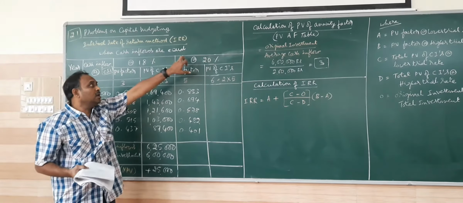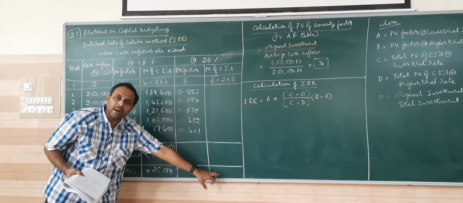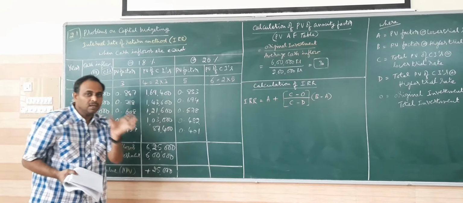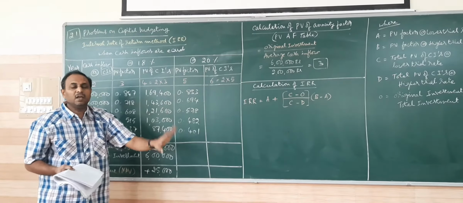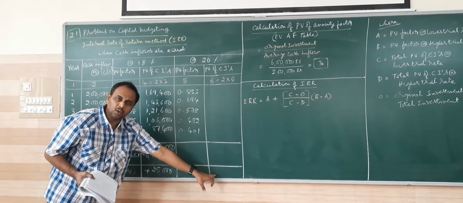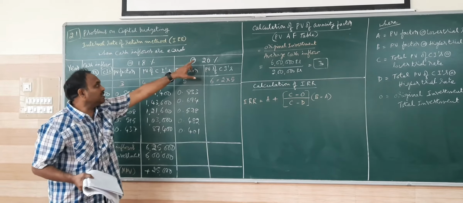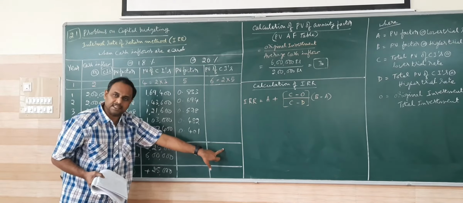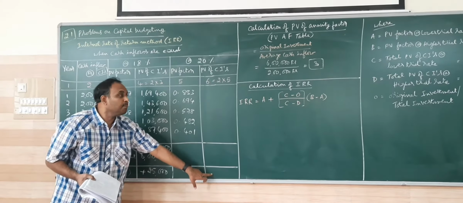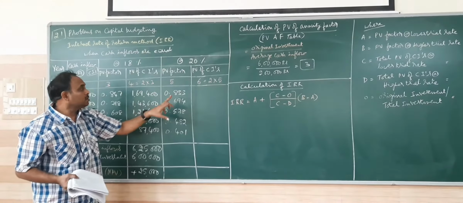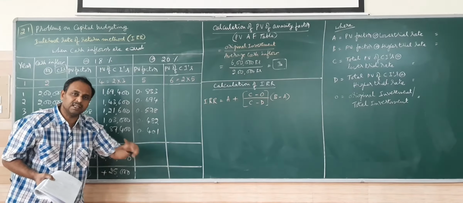It is always better to choose a higher percentage here, so that this NPV will be minus. If NPV is minus, you are very much sure that IRR will lie between these two rates. If it is plus also fine, but it is better to always have one minus value. To get a minus value, the percentage should be more, so that cash inflows will be less. Please listen carefully and understand. If you have to get minus NPV, the percentage should be more, so that cash inflows will be less than the investment. Then you get a minus, that is loss.